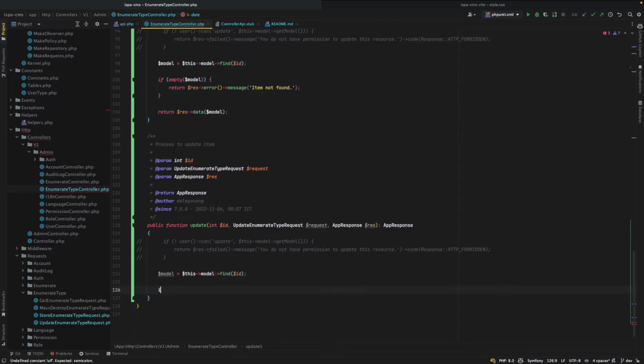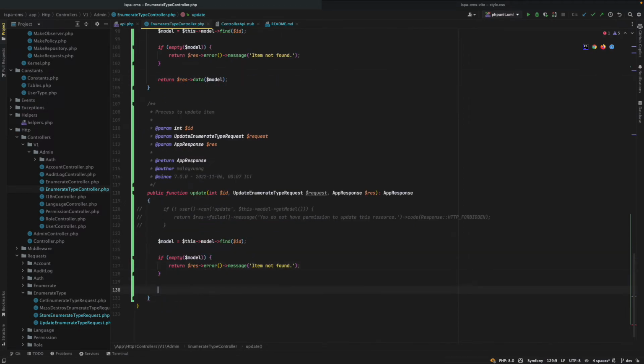If it's empty, modules, yeah, so we have the effort here, and then we have to fill this